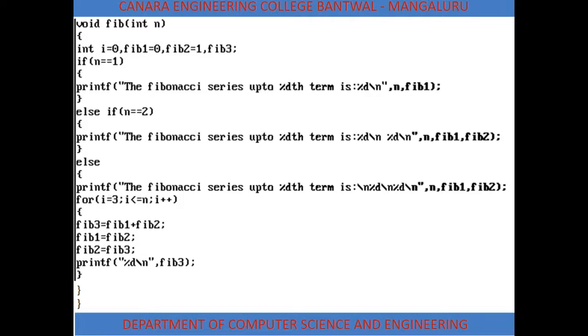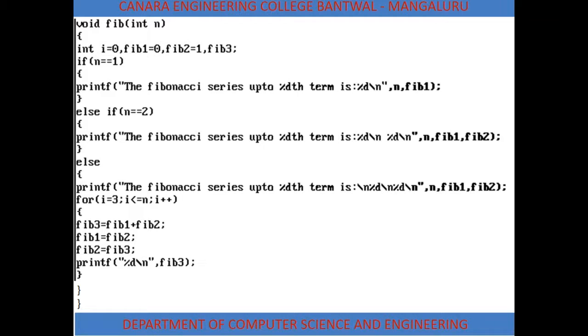Now fib2 will be moved to fib1, then fib3 will be moved to fib2. That is, for the next Fibonacci number, the previous two Fibonacci numbers I'll have to add. That's why fib2 is moved to fib1 and fib3 is moved to fib2. Now printf percentage d comma fib3. That is, the third Fibonacci number is displayed. Now again control will come back to the for loop. i is incremented by 1. So i becomes